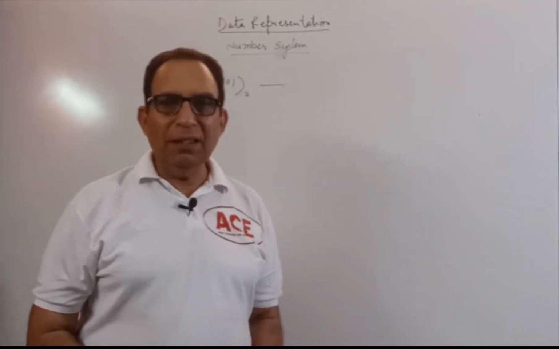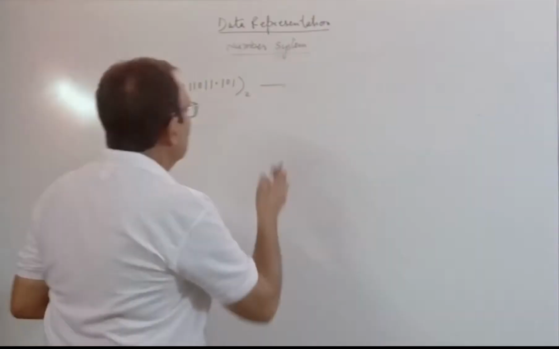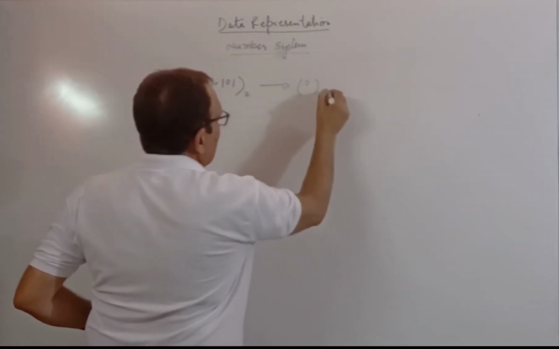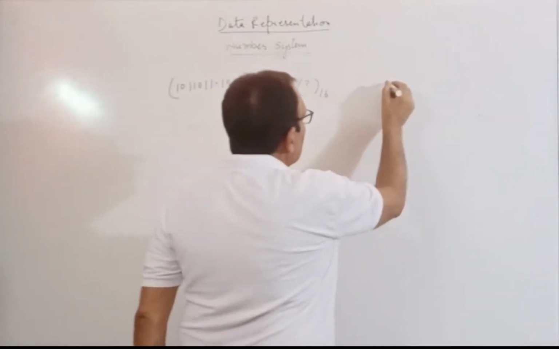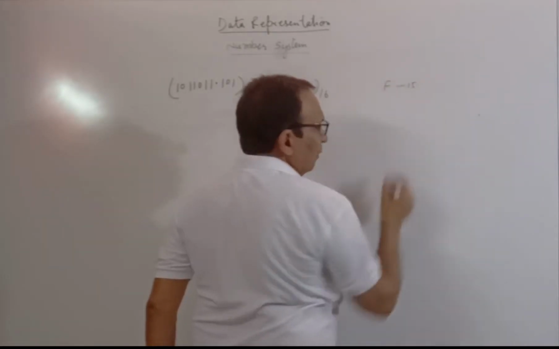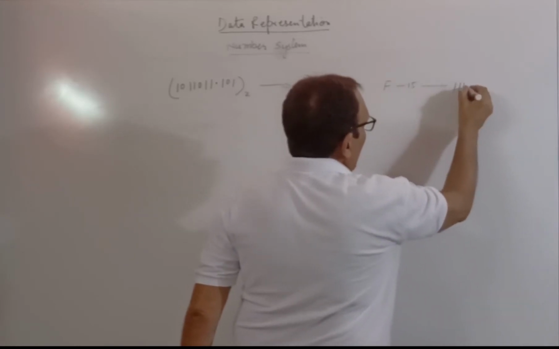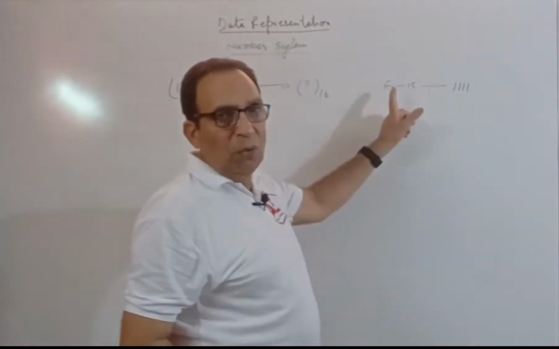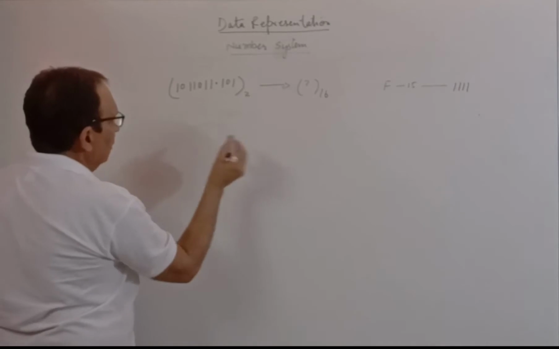Now let us see the conversion of binary to hexadecimal. The largest hexadecimal digit is F, equivalent to 15, and it has the representation in binary 1111. This means you need 4 binary bits to represent one hexadecimal digit. Now here what you do, take the number,